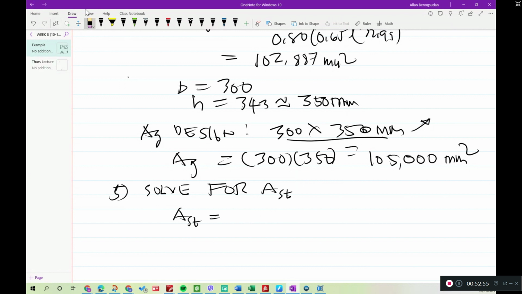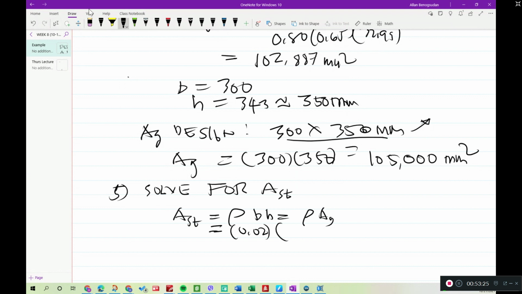I think that can reinforce our mind. So I would like to put rho g is equal to rho multiplied by AG. It is equal to, this one is given, 0.02 times